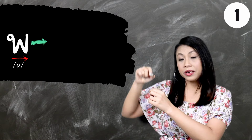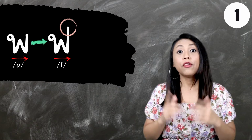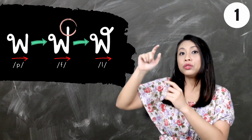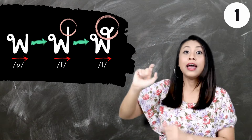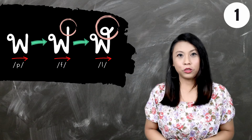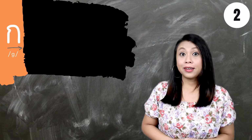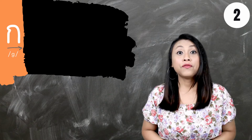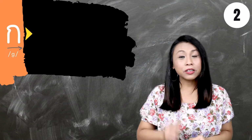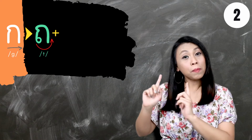and if we write down the longer end up further then it turns to be ฟอฟัน and then if we continue to add ไม้หันอากาศ at the top of the letter it turns to be ลอจุฬา the next one starts from กอไก่ from กอไก่ if we add the head circle inside กอไก่ it turns to be ถอถุง and if we combine ถอถุง